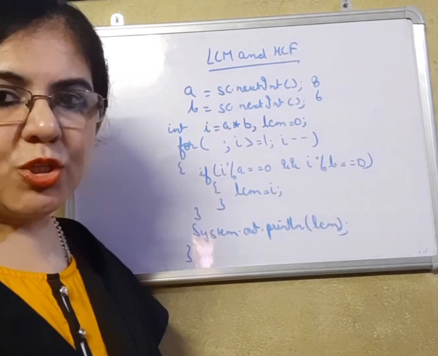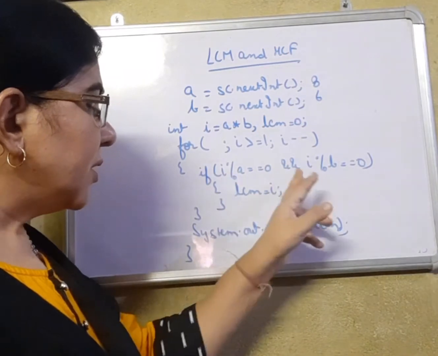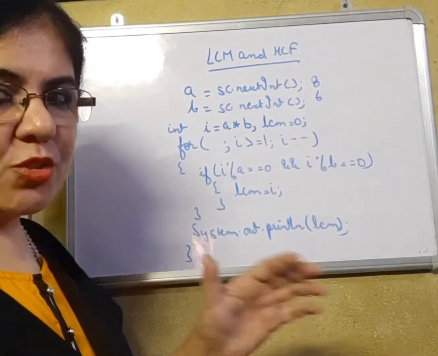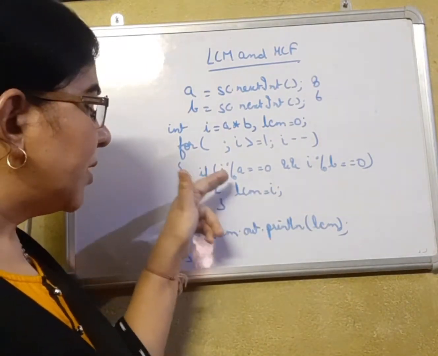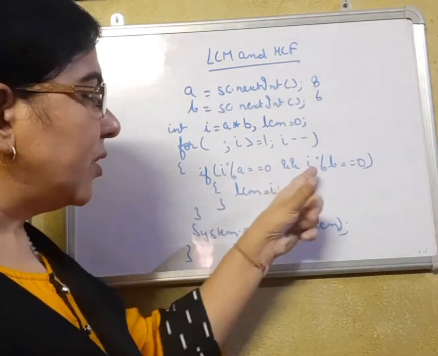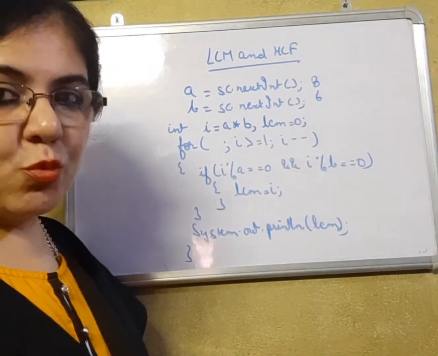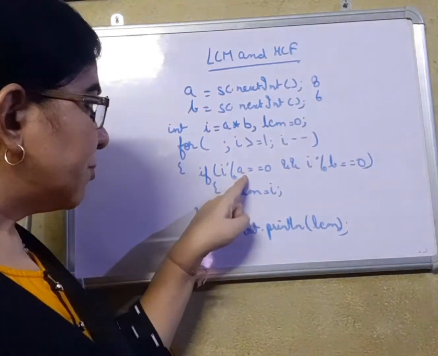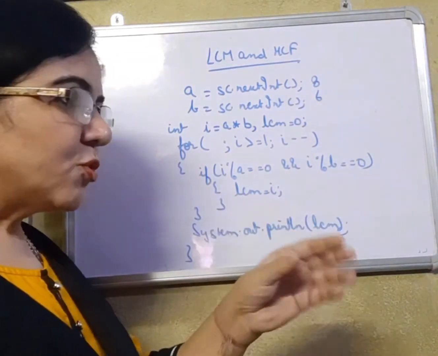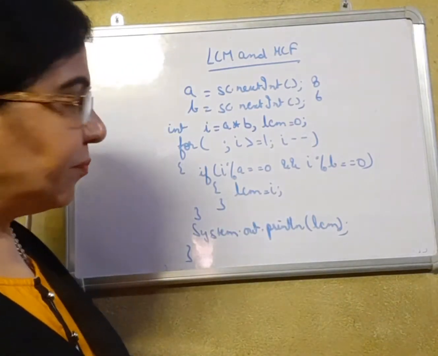46 is greater than equal to 1, yes. But 46 comes in neither of the tables. Then I minus minus becomes 45 and so on. It keeps on decreasing and each and every number is being tested with the tables of 8 and 6. But none of the numbers come in the table of 8 and 6 till it reaches 24. 24 is divisible by 8 and 24 is divisible by 6, a true condition. LCM is going to remove 48 from the memory and take 24 as the LCM.